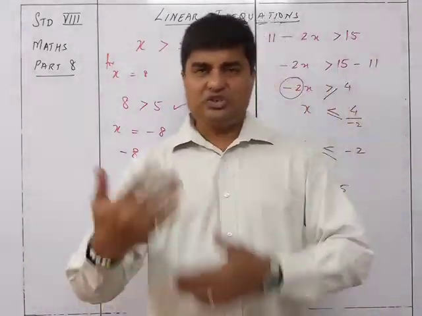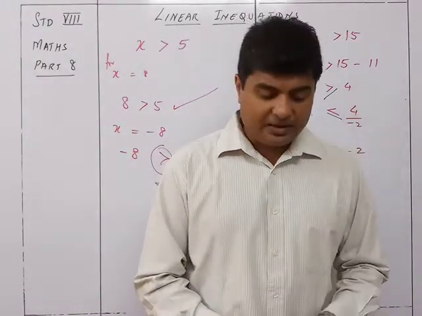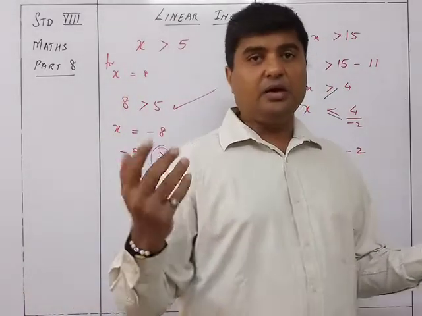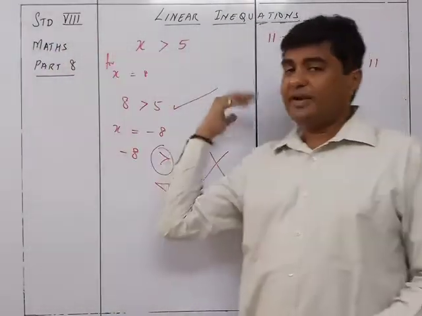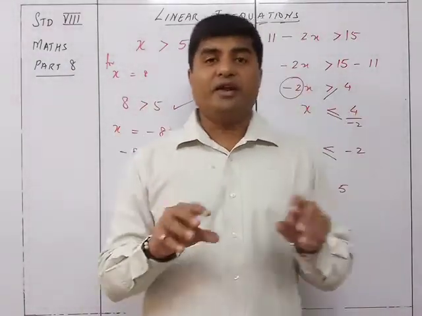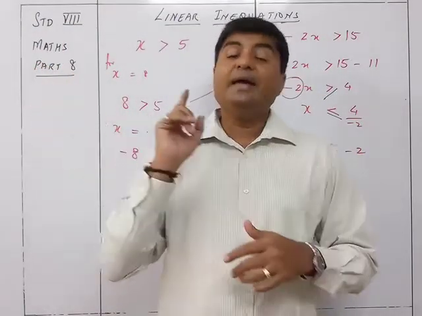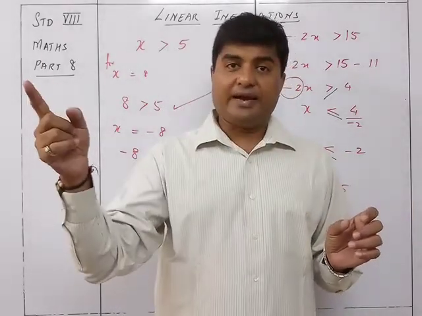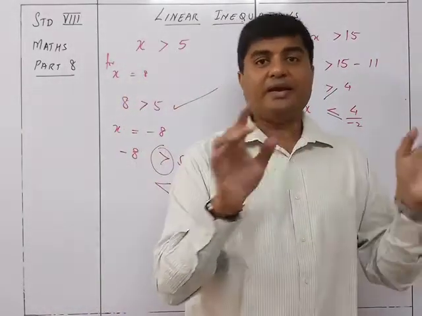Now, what are the steps involved in solving any linear inequation? First of all, you need to simplify both the sides. That's exactly what we did earlier: we took the LCM and simplified each and every side. After simplifying, what did we do? Get rid of the denominator. So we cross multiplied, sending this here and that there. In case one of the denominators is negative and you are taking the negative to the other side, you need to change the signs. Important.